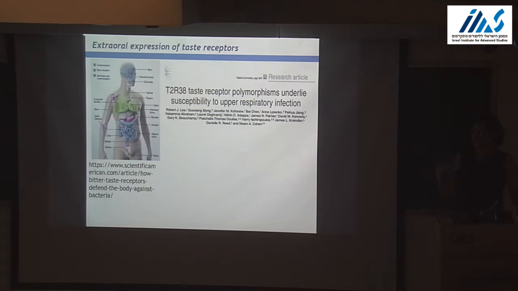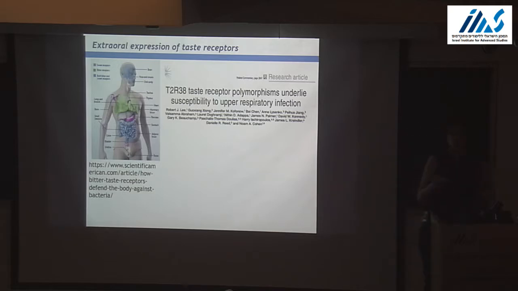So basically, if you remember from a childhood lecture yesterday, you can be a taster, non-taster, or super taster. And it turned out that if you are a non-taster, you may have a higher chance of having chronic rhinosinusitis, like upper respiratory infection. And they have shown that this is due to the fact that if you are a taster, then